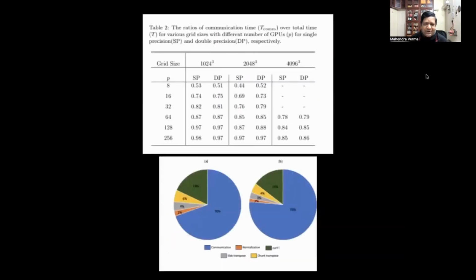Now this table and pictures are kind of useful. This efficiency, the one I was telling you, it's not quite efficiency, but communication by computation. Well, no, sorry, communication time by total time. So with 8 GPUs, we are getting something like 50% communication, 50% computation.